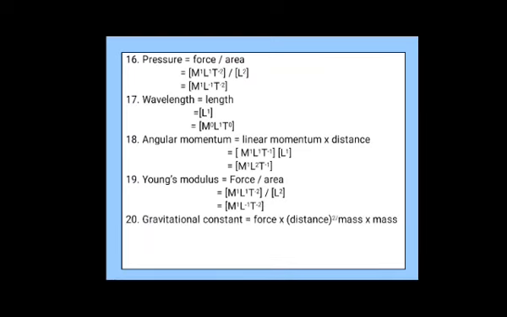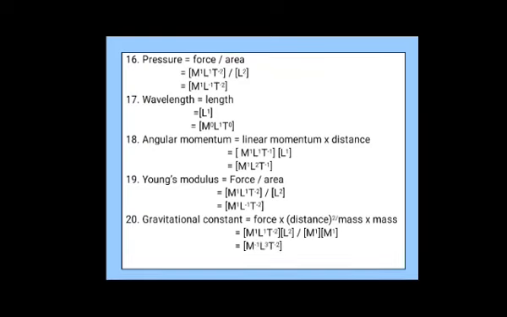Last one is gravitational constant. So, gravitational constant is equal to force into square of the distance divided by mass of one body into mass of another body. But here I have written only mass into mass. Now write the dimensions. M raised to 1, L raised to 1, T raised to minus 2, it is for force. Square of the distance is L raised to 2. Then divided by mass into mass, which is M raised to 1 into M raised to 1.